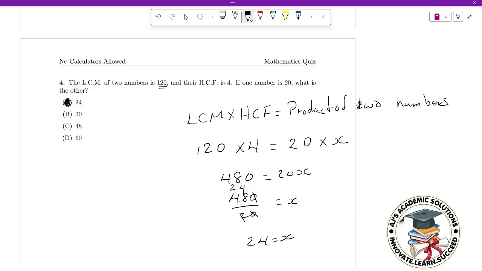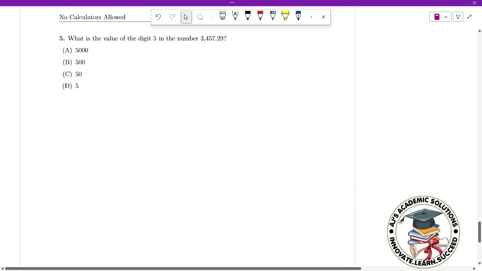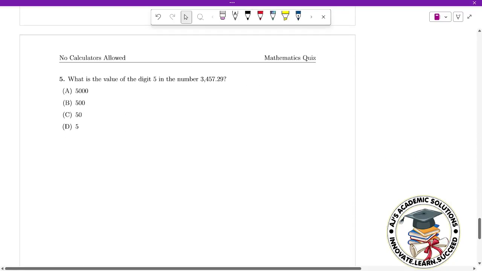So this is exactly what the applications of algebra looks like. The letters are just a way for you to have a placeholder that is something for you to solve later on. And the last question here for this video, what is the value of the digit 5